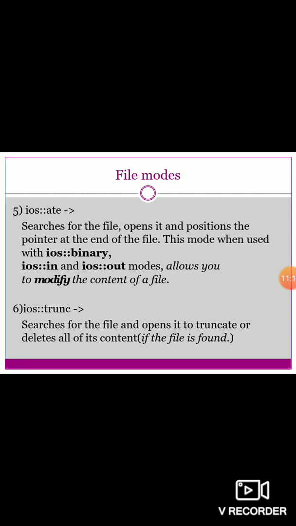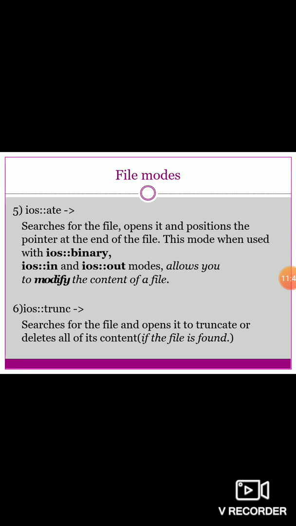That means if this flag is not set, the initial position is the beginning of the file. Correct है? So it will always search for the file, open it and position the pointer at the end of the file. This mode, when used with ios binary, in या फिर out mode, allows you to modify the content of a file. Okay, that means you can change the content because here you are adding certain content.